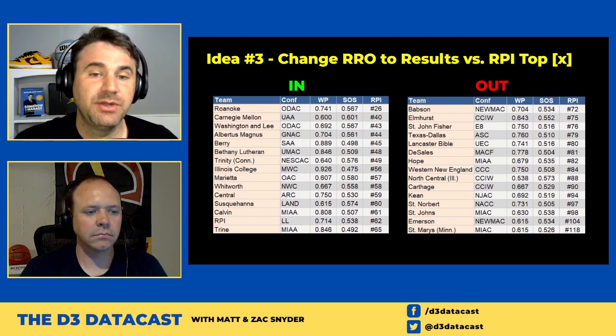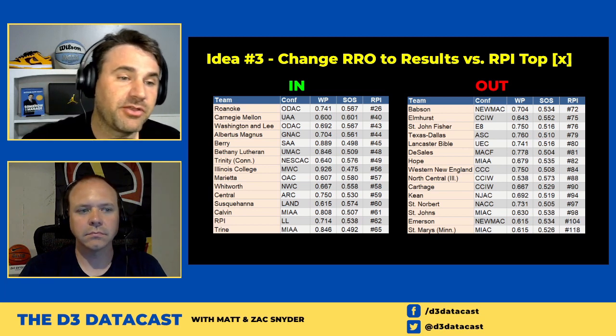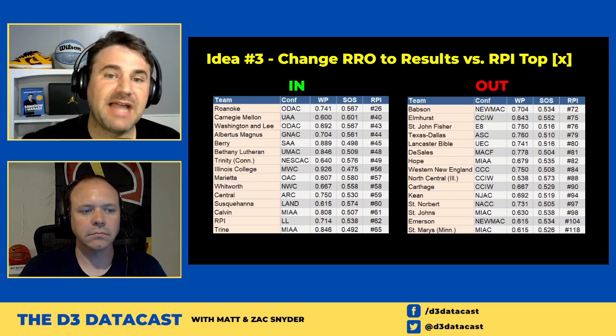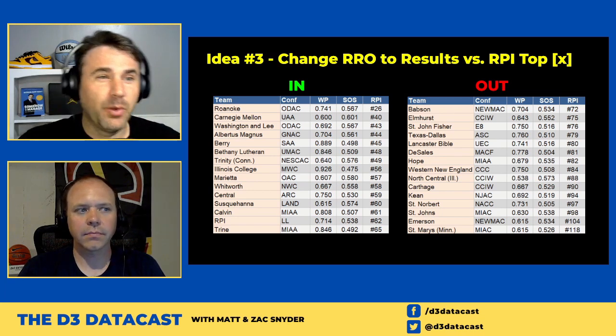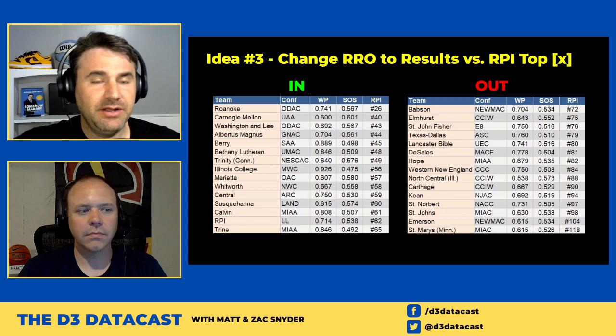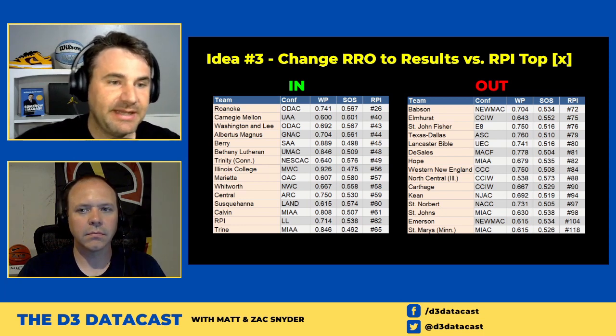We're not counting Emerson from Region 2 and St. Mary's from Region 9, so maybe we lose a little bit there. But other than that, all of these teams would be considered in a top 100 sort of scenario. So we're kind of getting the right teams in regionally. It's not like a drastically different type of team, is what I'm trying to say. We're getting sort of the same types of teams.